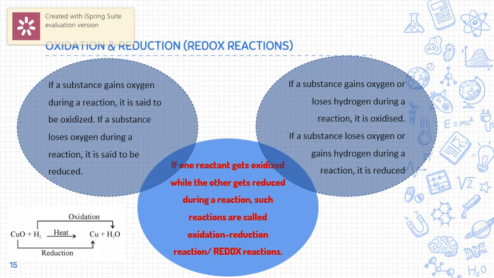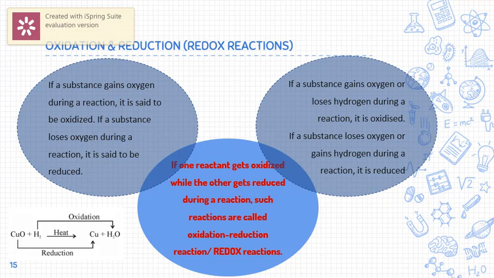In most chemical reactions, oxidation and reduction take place simultaneously. Only a few examples show pure oxidation or pure reduction. Otherwise, the maximum number of examples are redox reactions, where there is oxidation and there is reduction. So oxidation and reduction are complementary to each other. Now, one more point we want to discuss: we have understood what an oxidation reaction and a reduction reaction are. Now we will understand which substance is oxidized and which substance is reduced, or which one is acting as an oxidizing agent and which one is acting as a reducing agent.